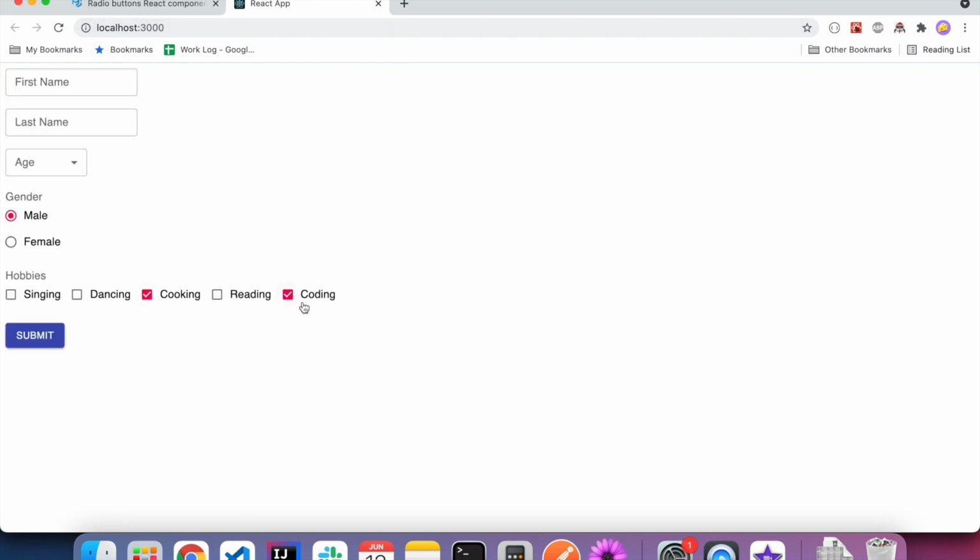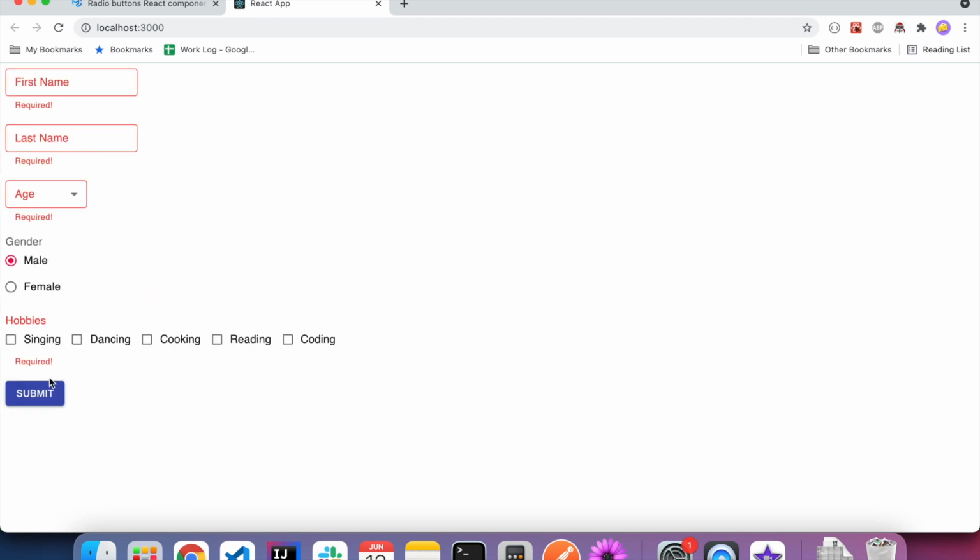Okay, so cooking and coding is checked. So if I unchecked these two things and submit, it says required. If I check cooking again, it's okay. Reading, it's okay. So here is the checkbox group.